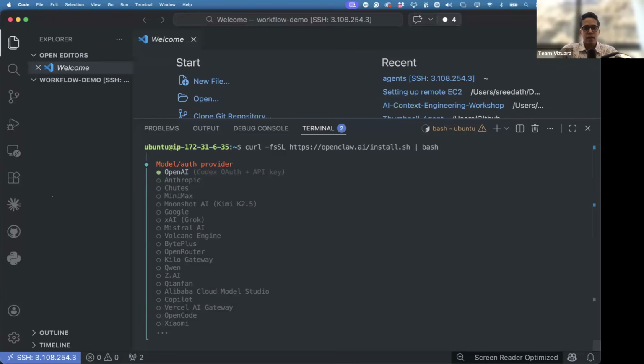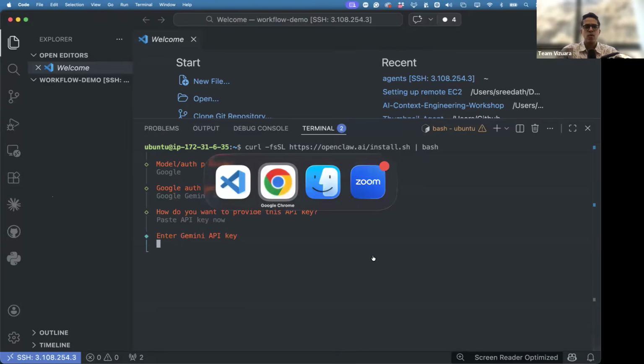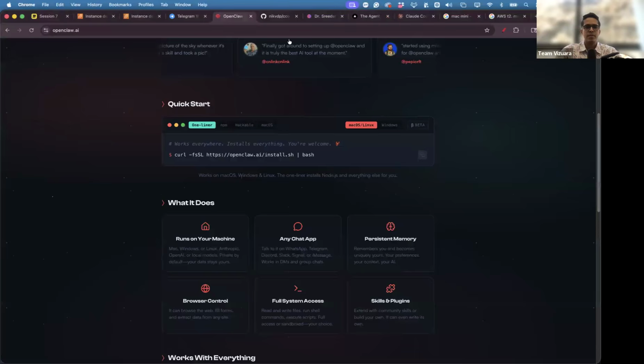Model/auth provider. Actually, here I will go with Google because I have Gemini API. I can use that. OpenAI is also there. Anything is fine, but let me go with Google for now. Then Google Gemini API, that is the auth method. Paste the API key now because I have the API key handy. This you can set up later also, but I hope that by now you have one of the API keys. So my API key is